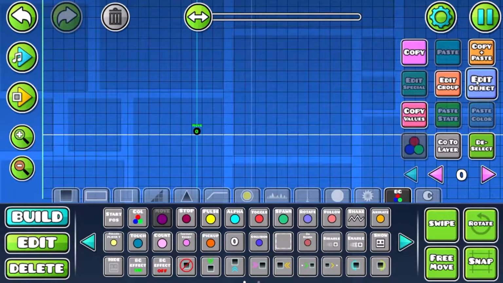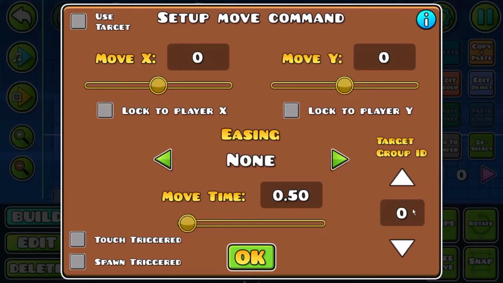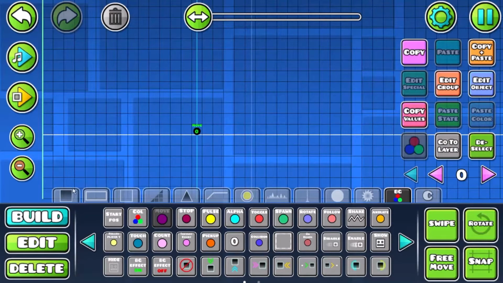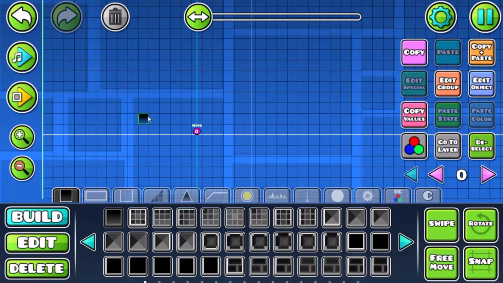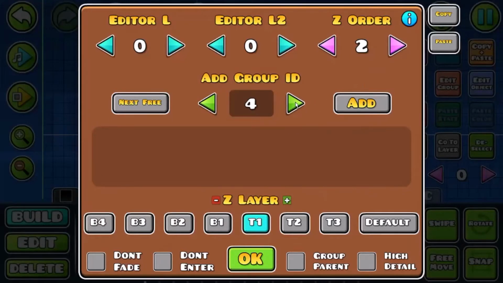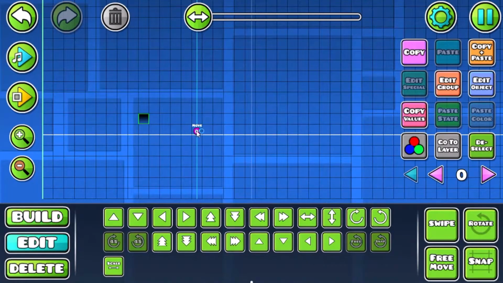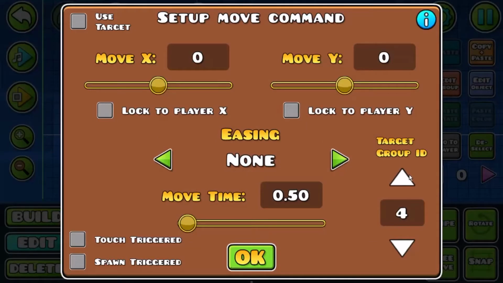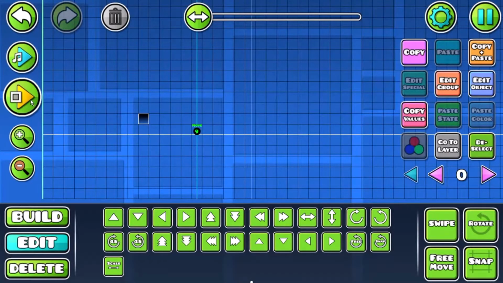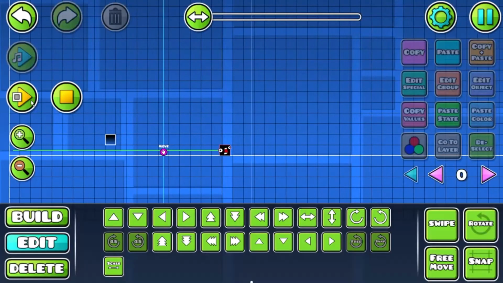You need to find something that you want to move, and that is a group. So say I want to move this block right here. I have to go edit group and then add any group that I want. Say I add group 9, for an example, it can be anything you want. Then I edit the move trigger and go into edit object, then I just keep that at 9. Now that'll work, technically. If I played the level, then that would work, but I don't have it set to